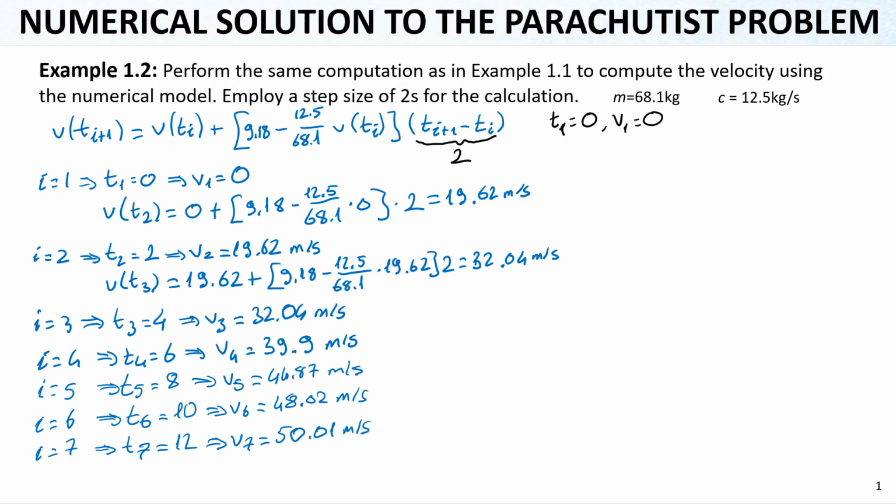Finally, we can continue this up to infinity,